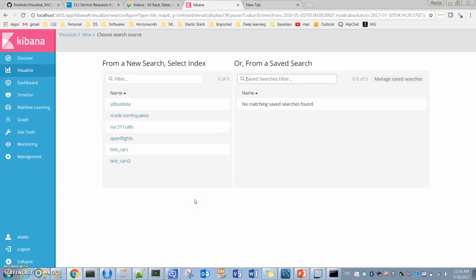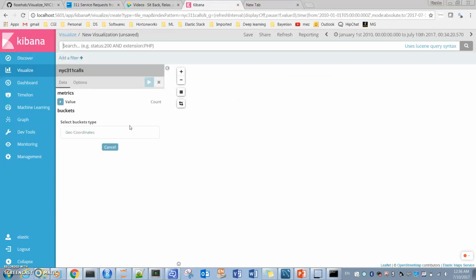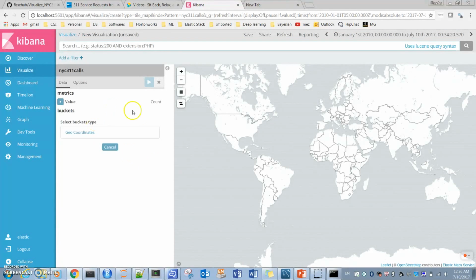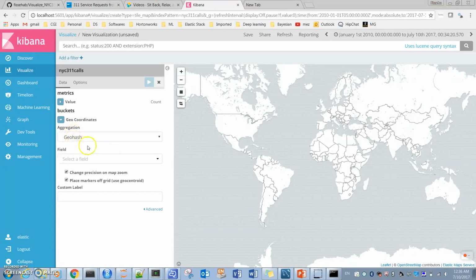When we click that, we select the index that we want to use. We have different indices here that I have been using. For now we are working with this one, NYC311 calls. So here what I do is I want to just show count. That's a count of number of requests, and I have to select the bucket type. This is the field that I have to use. So it is geo hash and the field is location. When I apply this, it